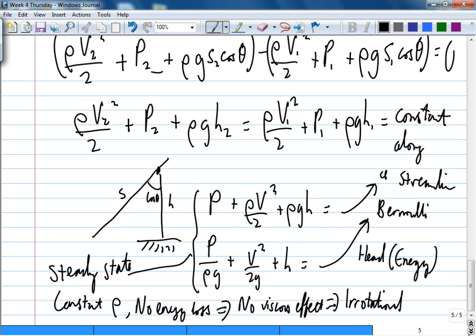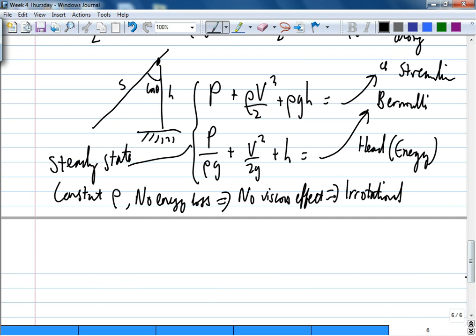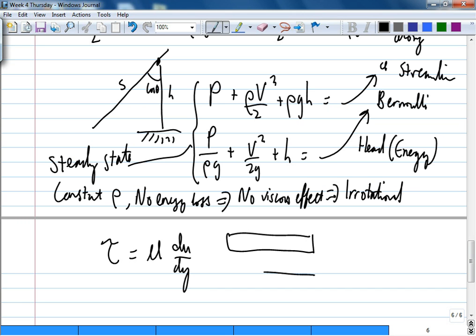Because when you have viscous effects, shear stress equals mu du over dy. When you have viscous effects, that is energy loss. The shearing of the fluid gives you resistance, gives you a drag, isn't it? You think of these two plates, here you have a force times velocity, there's power going in, isn't it? Where's the power going?